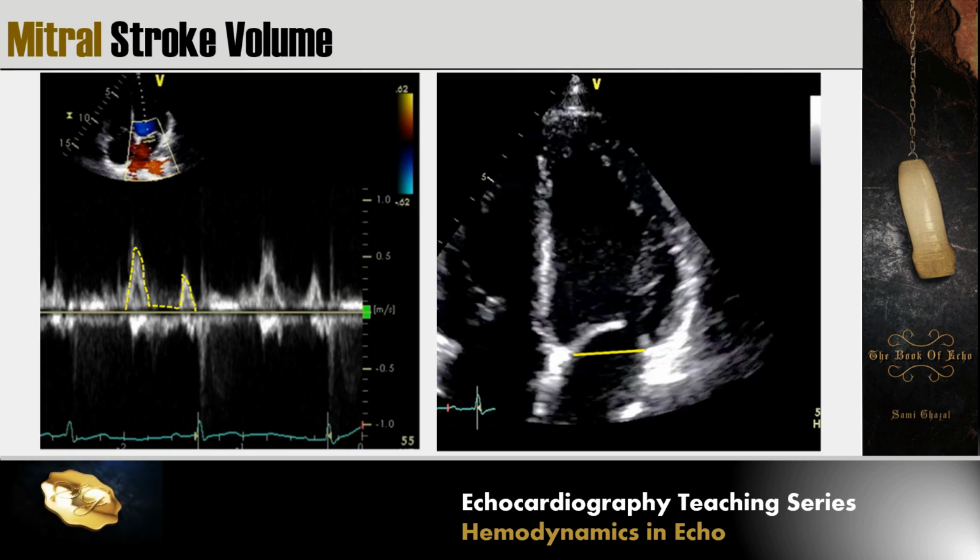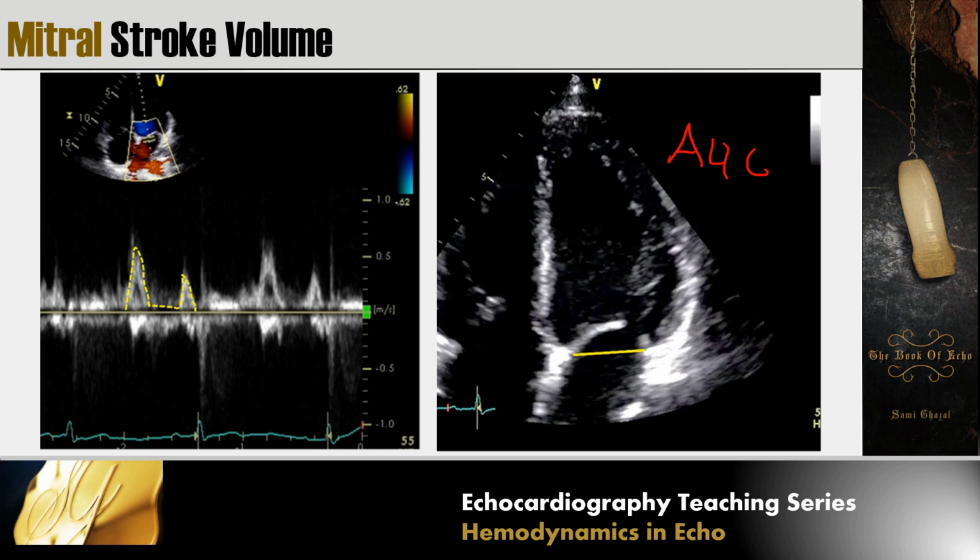Now we will talk about the mitral valve stroke volume, or the forward volume or forward flow across the mitral valve. The way to do it, we can measure the mitral annular area in apical 4-chamber view, and we assume that it is a circular shape. The time to measure this area or this diameter from insertion to insertion is in mid diastole, just before